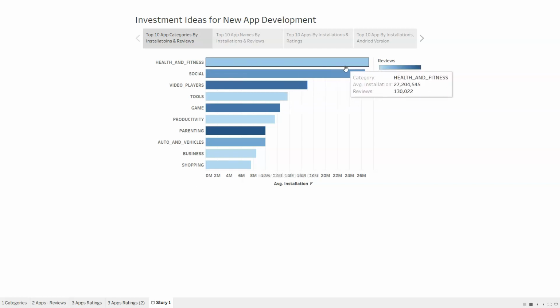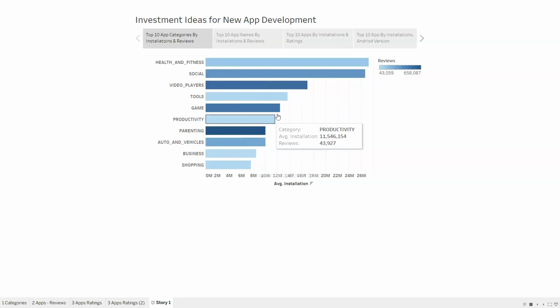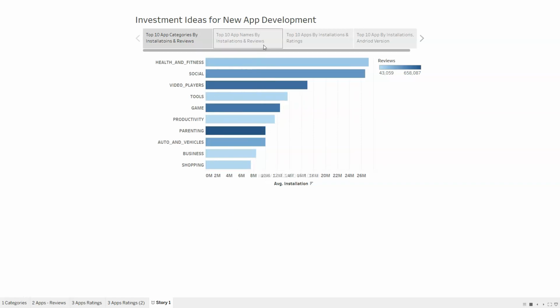So the bar indicate the installation and the color indicate the reviews, and the reviews threshold is given starting from 43,000 reviews to 658,000 reviews, average reviews. So as you can see, average installation, average reviews, and clearly the three areas is basically the video players, or the parenting, or the gaming, or the auto and vehicle. All right, then you think, okay, maybe video player is the area that we want to explore, so you move